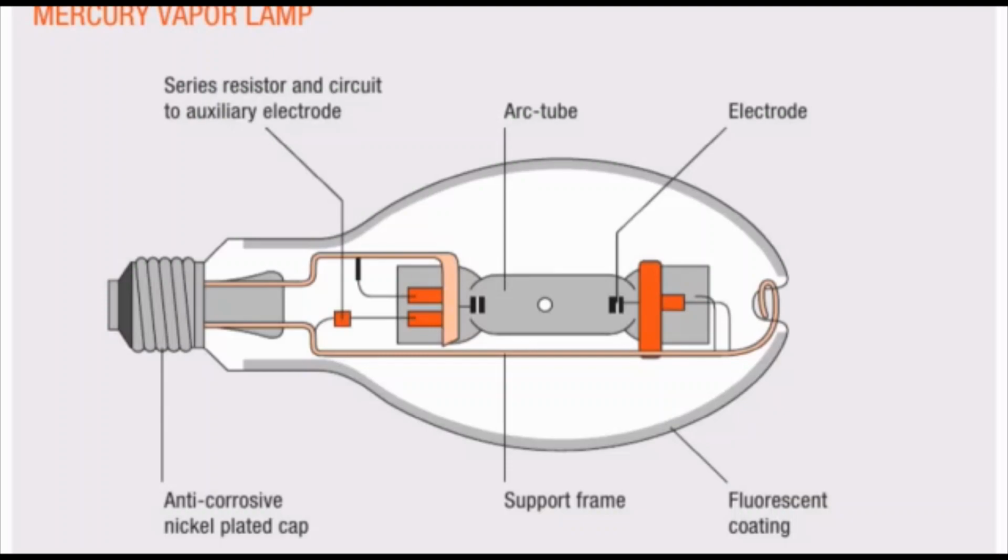Now let us see how the mercury vapor lamp works. The lamp starts by discharging argon between the two electrodes. After this, the vaporization of the mercury starts and the pressure is split. Then the argon discharge is shifted to the mercury discharge. This process takes 5 to 10 minutes. After power interruption, in the inner tube, the pressure is dropped. So this takes a lot of time for the argon discharge.